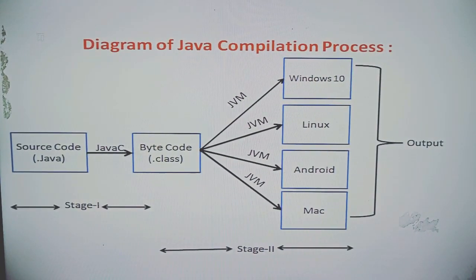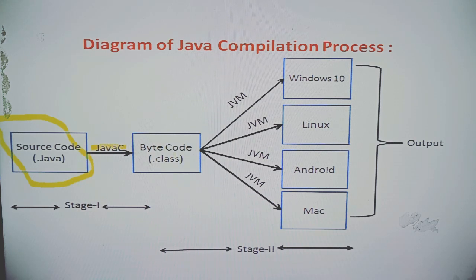Now this diagram explains the compilation process of Java. You can see that at the first stage, this is the source code, meaning the code typed by the user. That is called source code. Now the source code we compile with the help of this Java compiler, and what will be generated? Bytecode. Here one question can be asked: who is responsible for generating bytecode? The answer for this question will be the Java compiler.